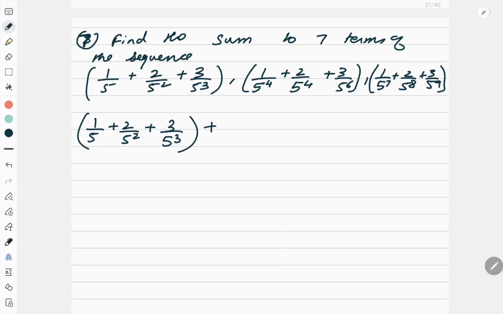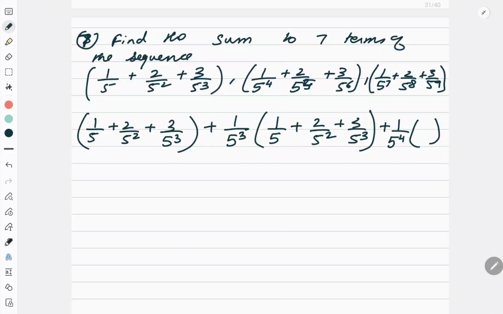Plus, in this, can I take 1 upon 5 cube common? So I will be left with 1 by 5 plus 2 by 5 square plus 3 by 5 cube, plus 1 upon 5 to the power 4 if I take, I'll get the same term like this. Right? Now, if I observe this, it is clearly a GP in which the first term A is